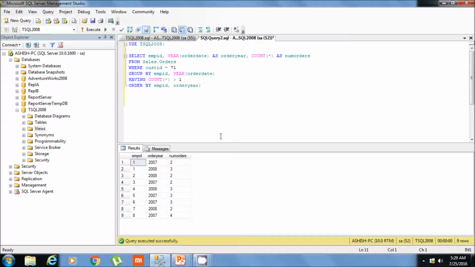So the first statement that executes is from. It queries the table Sales.Orders, then comes where. It fetches order rows from this table where custid is 71. Then comes group by.